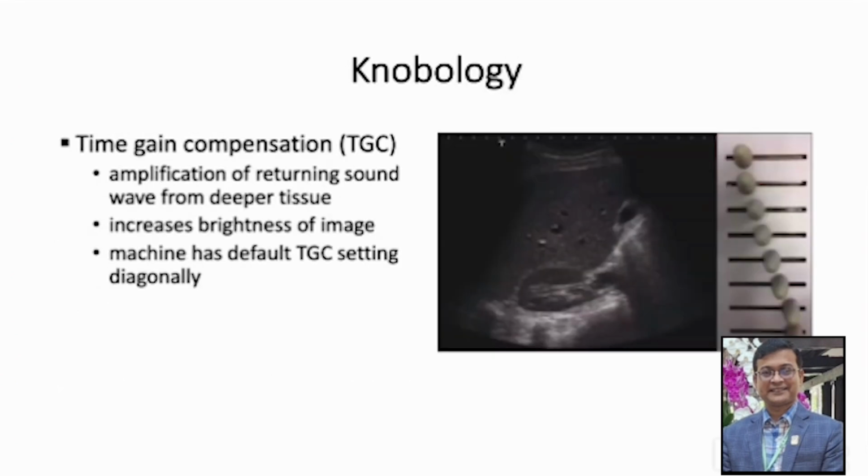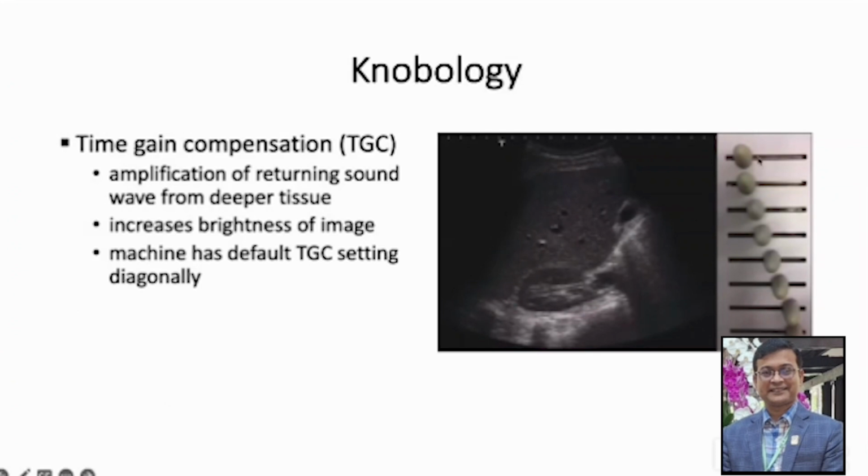And the next one is the TGC or time gain compensation. What is this? Just think, when the sound waves propagate forwards, the nearer structure is reflected first and then the furthest structure. So certainly the image that we get from the nearer structures is brighter than from the furthest structure. As a result, the furthest structure is blurred. So the machine has an option for amplification of the image of the furthest structures. This particular property is called the time gain compensation or TGC.